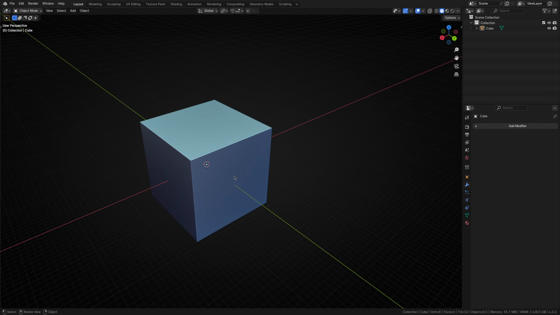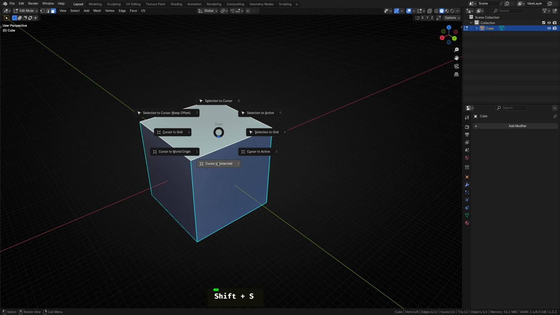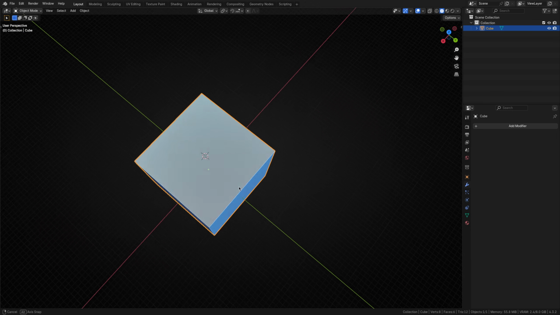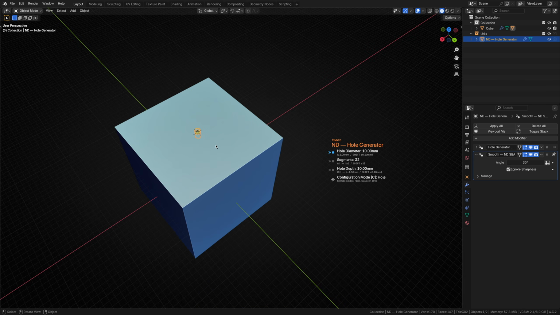Now, like other operators such as Recon Poly, the Hole Generator spawns the hole object at the location of the 3D cursor. So given this cube, I'll set the 3D cursor aligned to the top face before running the operator. Now that I've marked the position of the hole with the 3D cursor, let's run the operator. I'll ensure I have the cube selected before doing that though. You'll notice that the Hole Generator operator has created a new utility object and automatically performed a difference boolean with the selected object as the target.